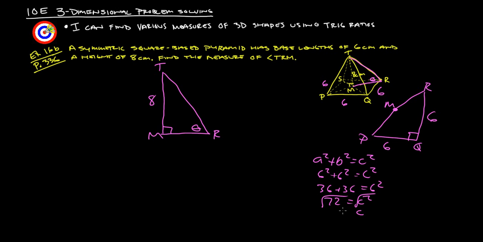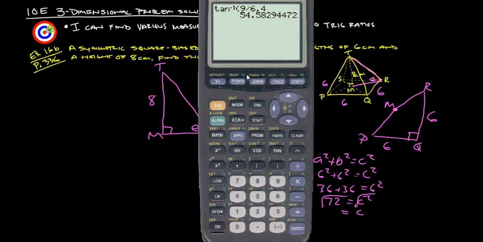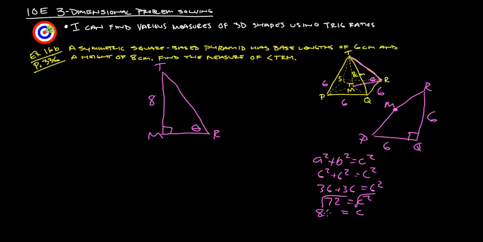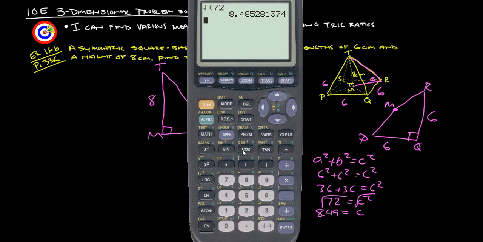So we square root both sides, and we get that C equals the square root of 72, which gives us 8.49, we'll call it 8.49. So we really want to take half of that. So let's just take our answer and divide that by 2. We get 4.24 for R to M. Okay, so 4.24